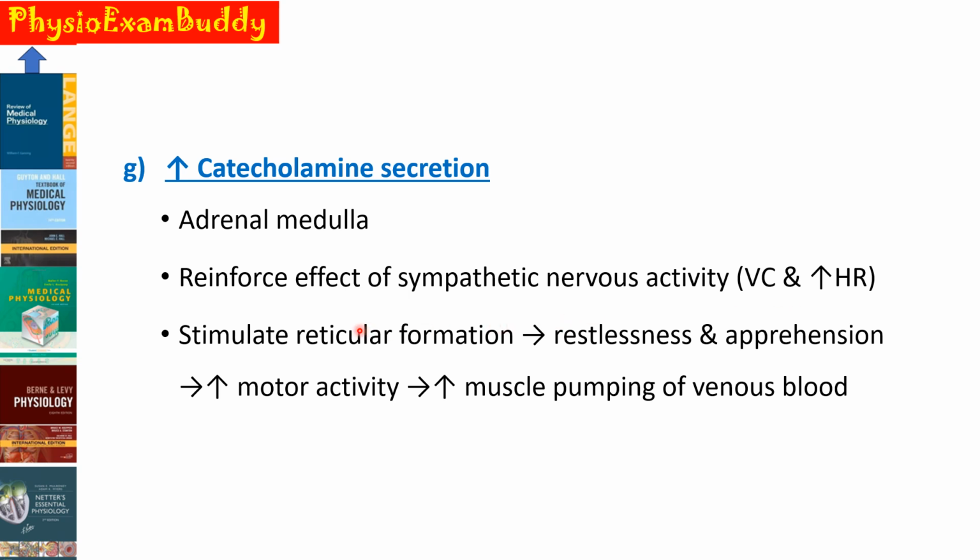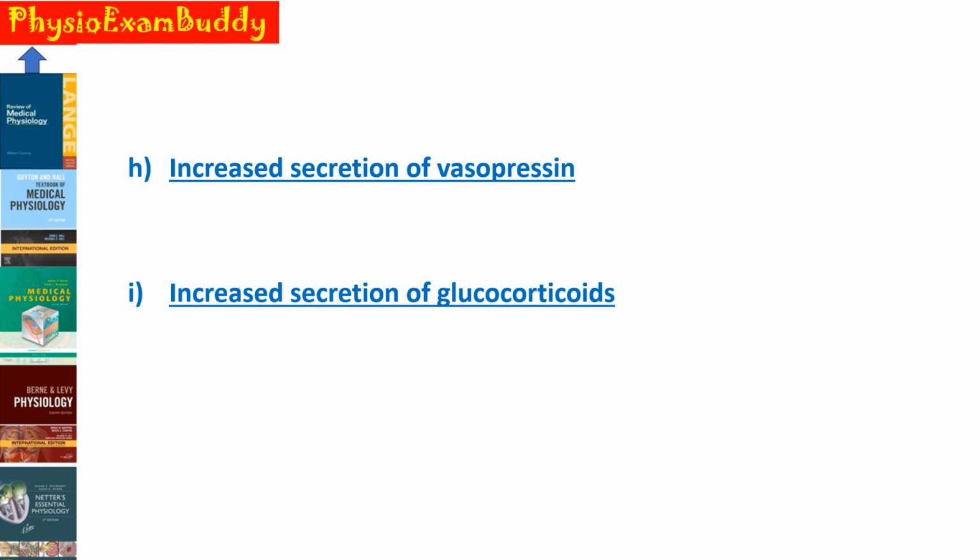The increase in the catecholamines may also lead to stimulation of the reticular formation, producing restlessness and apprehension in some patients. And whenever there is restlessness, there occurs an increase in the motor activity, which will increase the muscle pumping of the venous blood. And the last two rapid compensatory mechanisms are increased secretion of vasopressin and increased secretion of our stress hormone, that is the